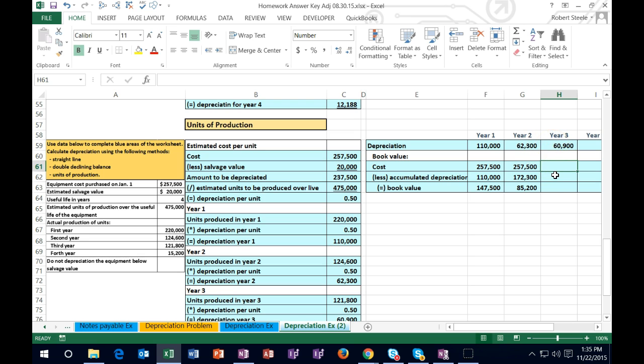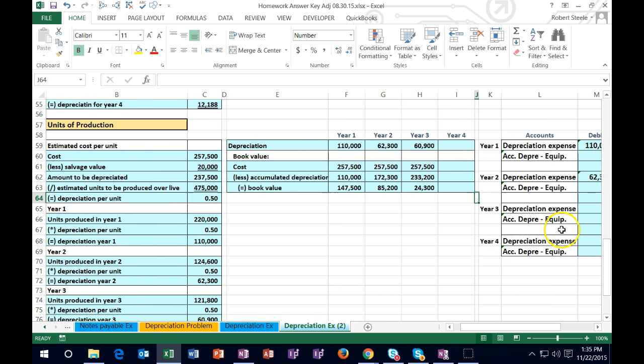Then we're going to say the cost is going to be the same. That does not change. That's what we bought it for. The accumulated depreciation could then be the prior year's accumulated depreciation plus the current year's depreciation expense, or you can think of it as the sum of all depreciation over the life up until this time being 233.2. Then we're going to subtract this out to calculate the book value. The book value is calculated as 257.5 less the 233.2, or the cost less the accumulated depreciation, giving a book value of $24,300. All right, so we're going to post that out once again to